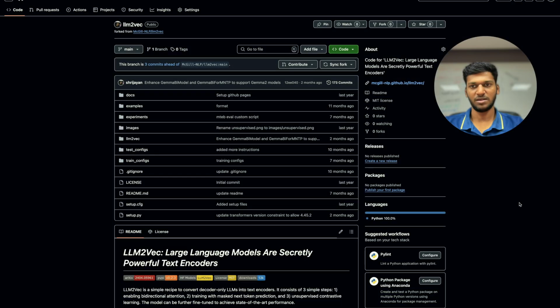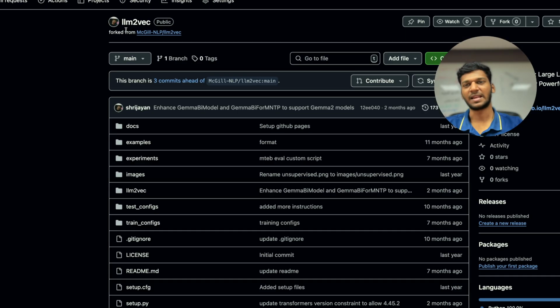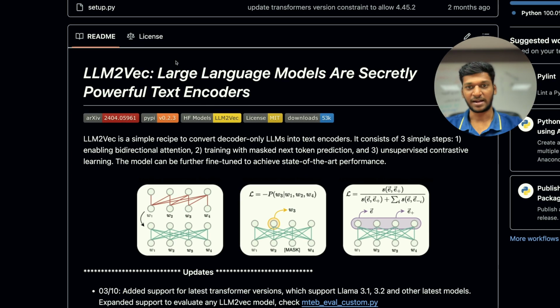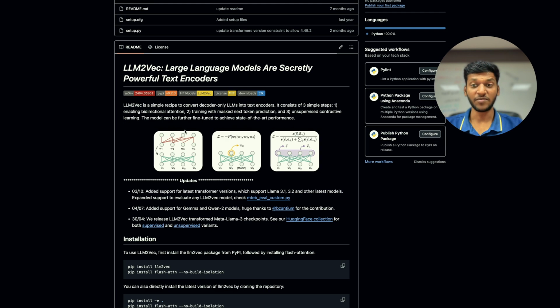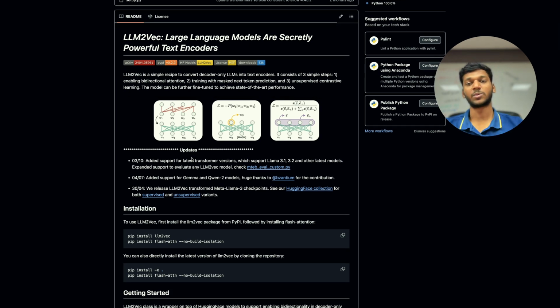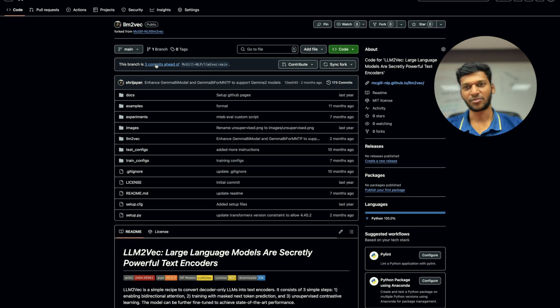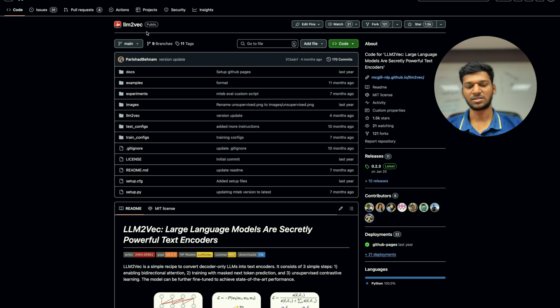Okay. For example, I have taken this LLM2Vec repository. This is an open source repository by McGill NLP. Actually, this repository is mainly for this: if you give an LLM over here, it will try to generate embeddings as an output. The LLM model will itself generate embeddings. I have raised a PR for adding Gemma 2 models. At that time, I used this repository. But if you take this repository, right? And you can see the link like